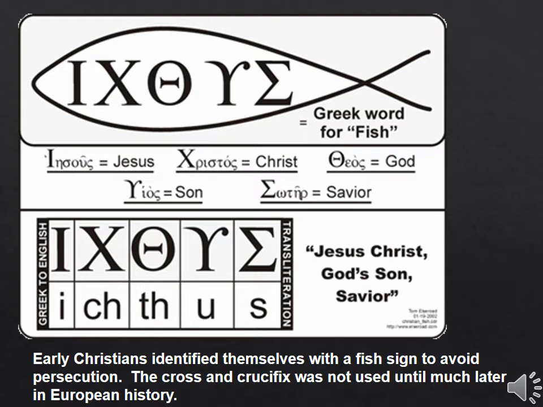So it's a very simple fish drawing, as you can see. And this would have been used by early Christians to help identify each other and to indicate to other Christians who may be sort of living underground, and you have to be careful not to identify yourself as Christian or you could be arrested. And so they developed this sort of neutral symbol of the fish that's not super obvious. It's not a cross. It's not a crucifix. Those symbols won't be used by Christians until much later. It's this neutral, subtle symbol. It's very easy to draw. You don't have to be an artist to knock out a simple little fish symbol.